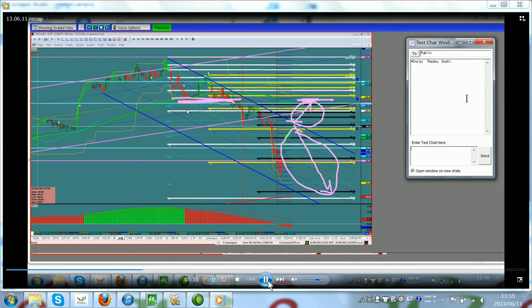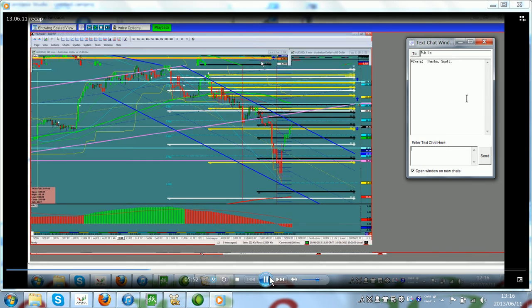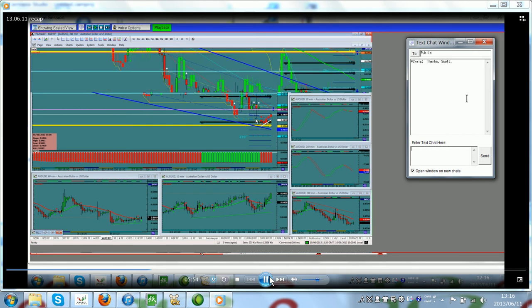right here, where we have support, minor support, right? So, not a problem. They have squared up here, so they don't have to go up. They could go down. So, I would really like to sell, but everything's going to hold off. Nothing's going to happen on the yen until the monetary statement tonight. So, don't even think about it. We want to sell.